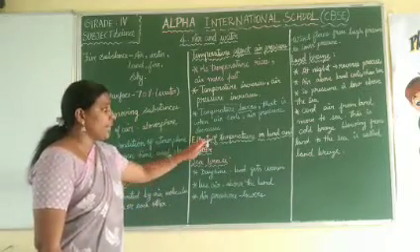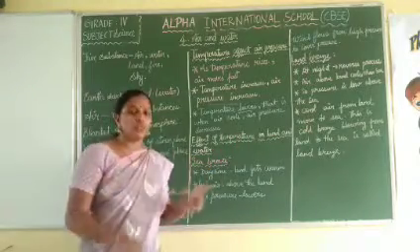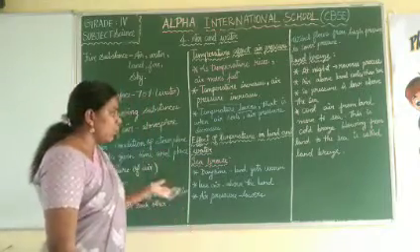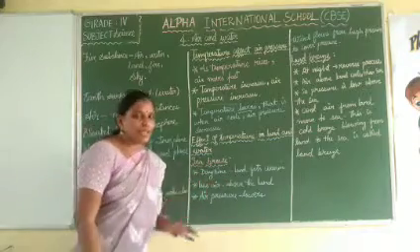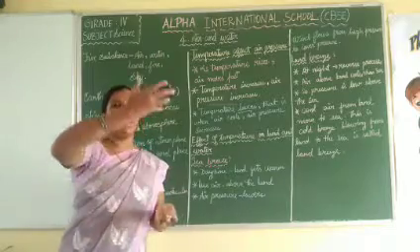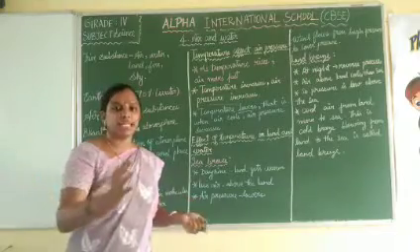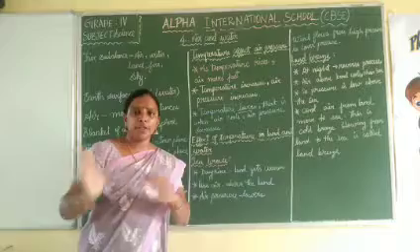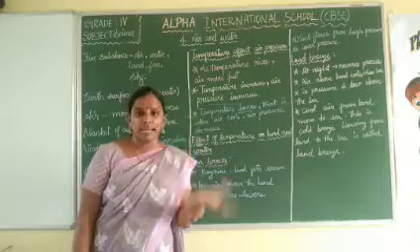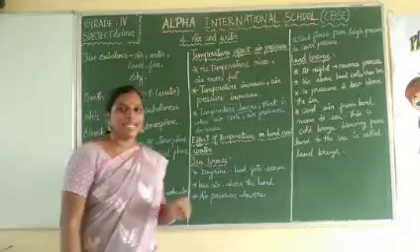Then what are the effects of temperature on land and water? The effect is of two kinds: sea breeze and land breeze. First we will see the sea breeze. Sea breeze happens in the daytime, when the land gets warm. The warm air rises up, and the cool breeze coming from the sea pushes in from the sea to the land. That process is called a sea breeze. As a hint, the breeze coming from the sea is called a sea breeze.